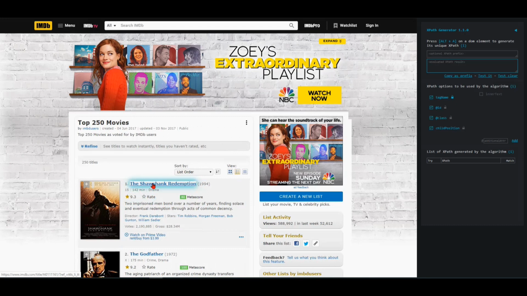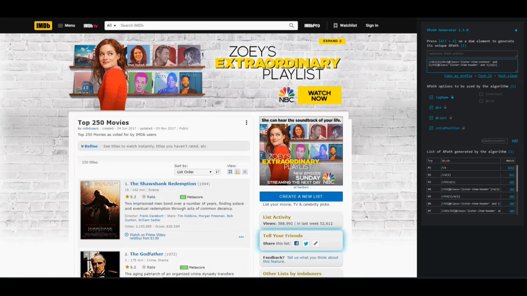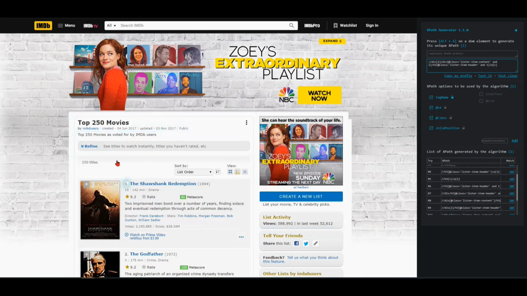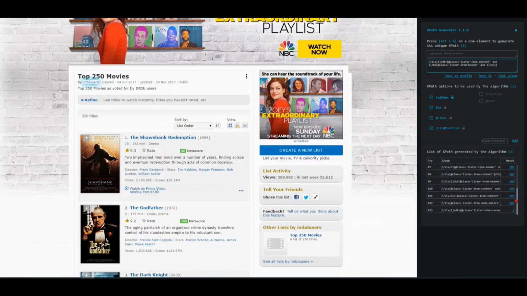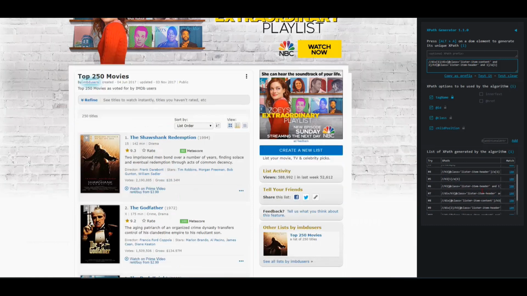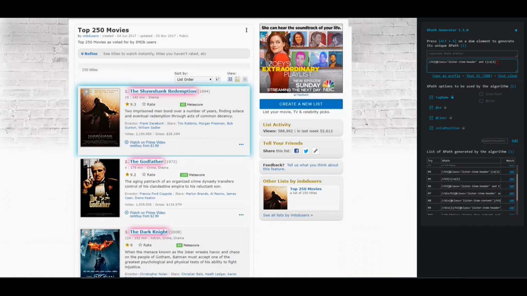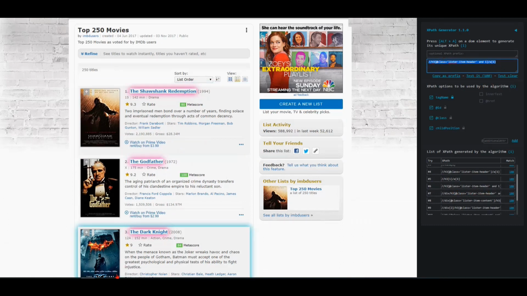When one presses Alt-A, one can see that a list of XPaths appears over on the right hand side here, and you can see that there are several of them, but there are several in particular that we're interested in because they're 100. Now we know that there are 100 titles on this page, so we're not interested in the other ones, and to be honest, one can pick almost any of these, and I tend to pick one that looks simple yet specific. So all we've got to do now is select and copy that particular XPath over there, and we're going to go back into